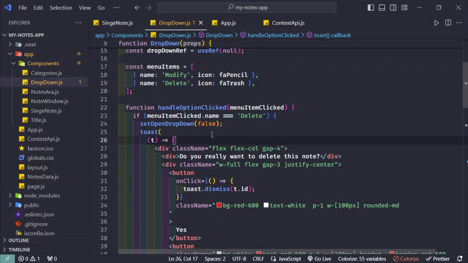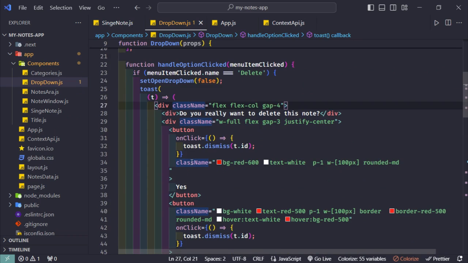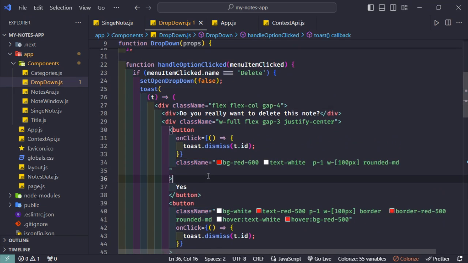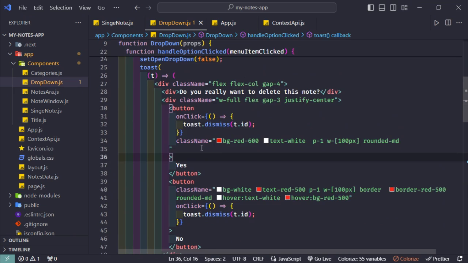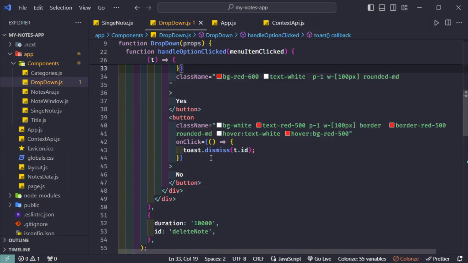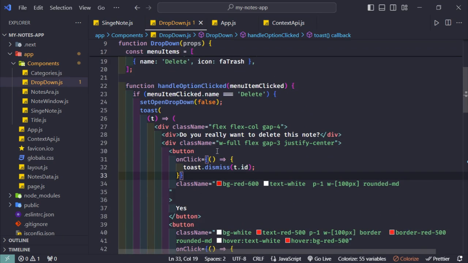So the first thing that we are going to do, we are going to close the dropdown by using this line, and we are again using the toast notification. That's the actual method that we're using, and we are using the components. So we can create our custom components inside this library. So that's a great thing about it. So that's the actual component. So I'm just adding on click event listener here, and I'm using this line to avoid having duplicates of the actual box. And so once I clicked on it,